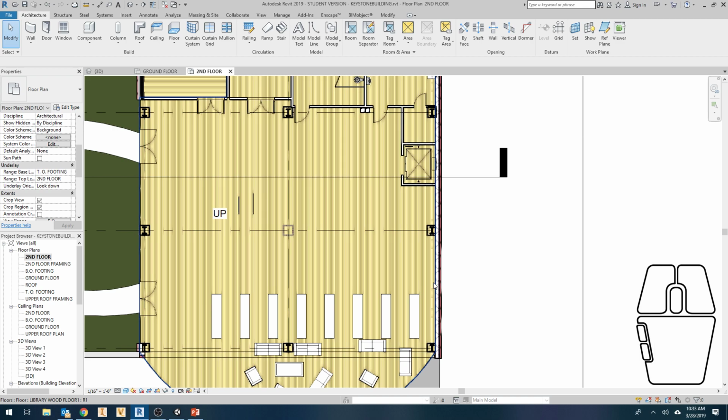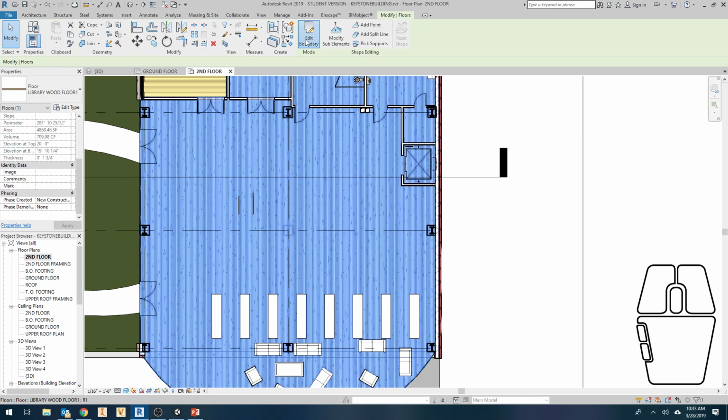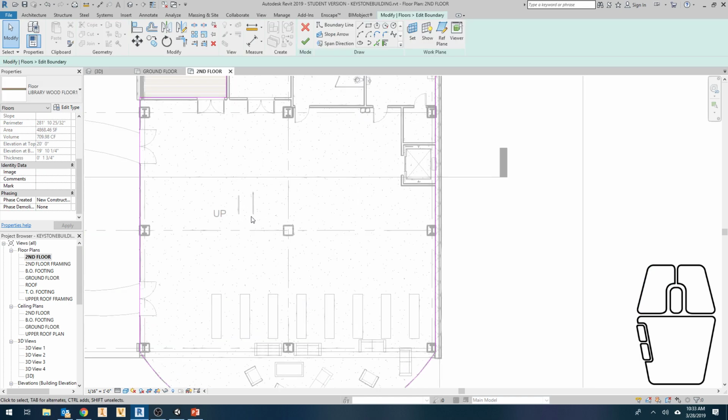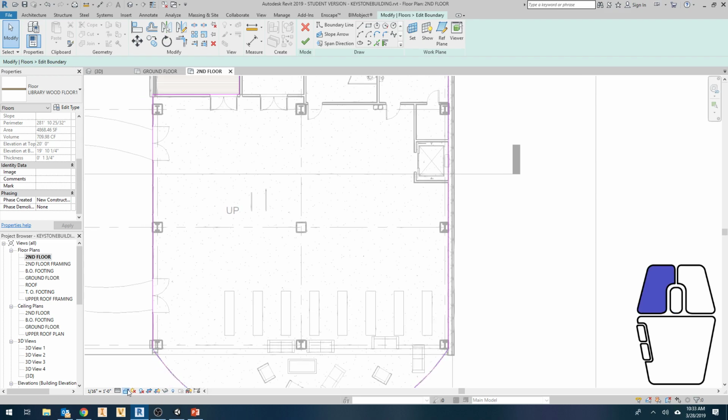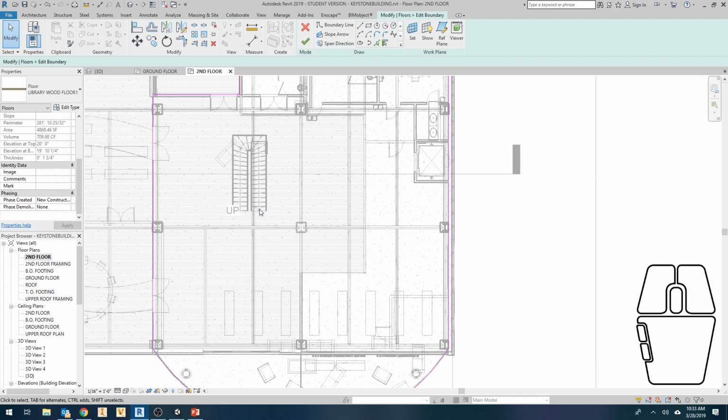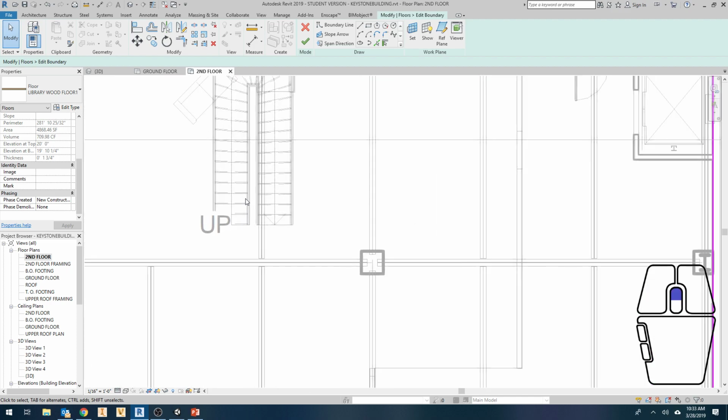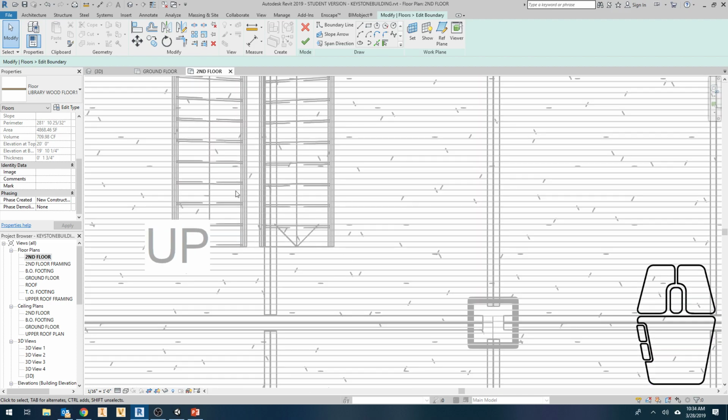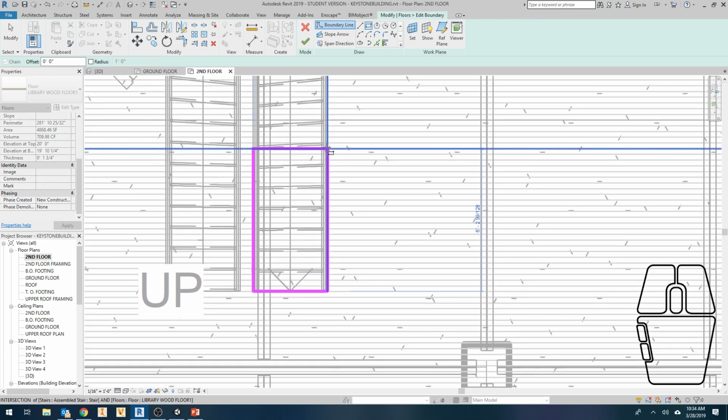I'm selecting my floor. I'm selecting Edit Boundary. You can already see the stairs kind of poking through right here, right? All right. I'm going to change to wireframe so I can see them. I'm going to zoom in on that location. I know up is right here. I'm going to make a box starting where they end and going back. How far back is a little bit